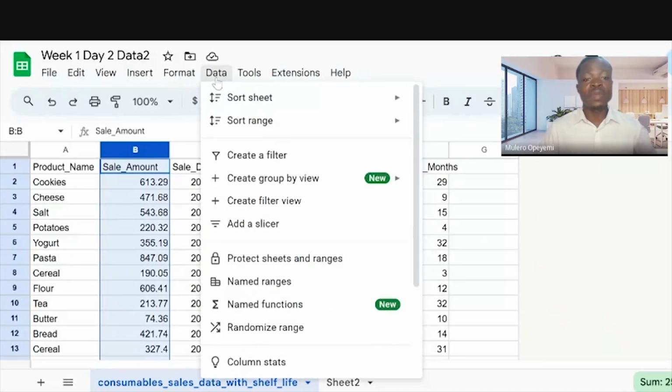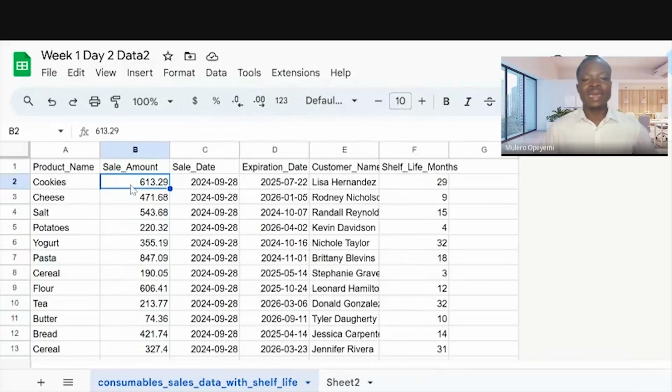This same thing is applicable in your Excel. The only thing is that Google Sheet is a live platform where you can collaborate with others. Before I proceed, let me also say that when you are working online, just like we are using Google Sheet, and you have access to that sheet, it is necessary that you take precaution so that you don't make a mess of that sheet. So what we advise is that when you have a live sheet, before you start, if you're not sure of what exactly you want to do, because anything you do will affect every other person, it is advisable that you make a copy.